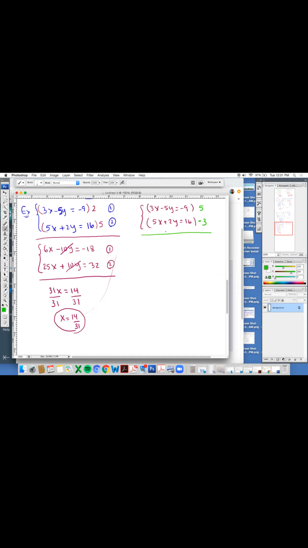I'm sorry, the trash collection is going by. Okay, so I multiply by 5, I get 15x minus 25y equals -45. And the second,